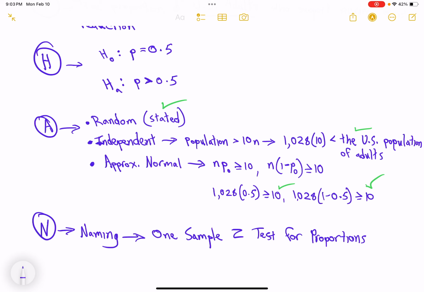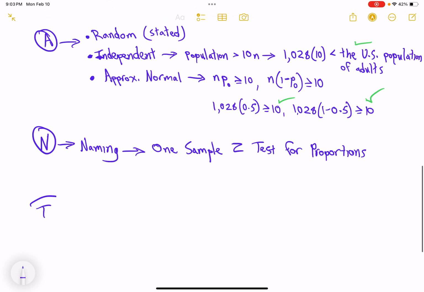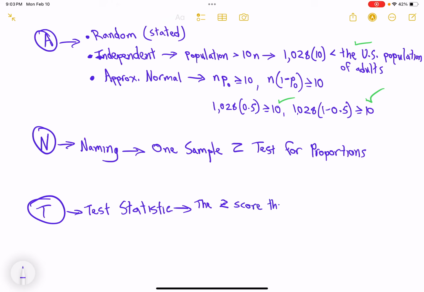Okay, we're finally going to get to use that p hat. If we move over to t, that is where we find our test statistic, aka the z-score that our p hat would have, and this is the long-winded way of saying it, on the normally distributed sampling distribution